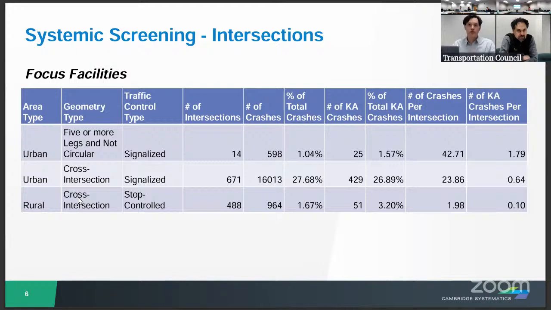So we'll show just a few of these slides. For the focus facilities, what we wanted to do was highlight those location types that had the highest average number of KA, being fatal and severe injury crashes, per each of those locations. Or maybe some facility types where we do see them being a large share of the overall number of fatal and severe injury crashes as well. Just so that we narrow down, through the intent of the focus facilities, those strategic areas